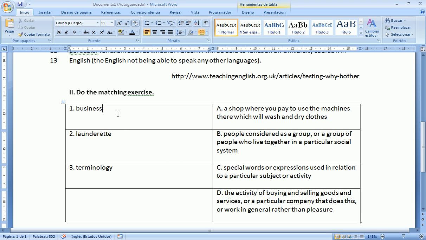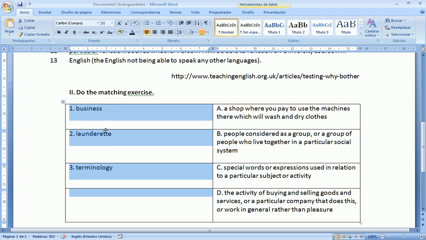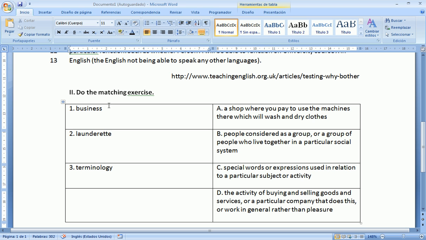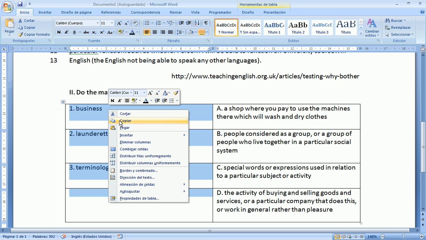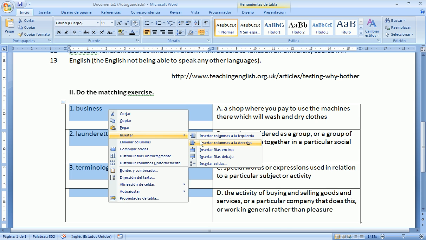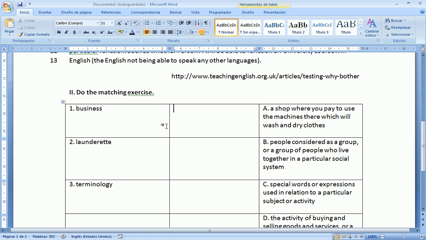If you don't like parentheses not to be in line, something else that you could do is you could select this part, and notice the arrow there. You choose it by left clicking on the mouse. You press the right button of the mouse and you can choose insert columns to the right, and then you can move this a bit,